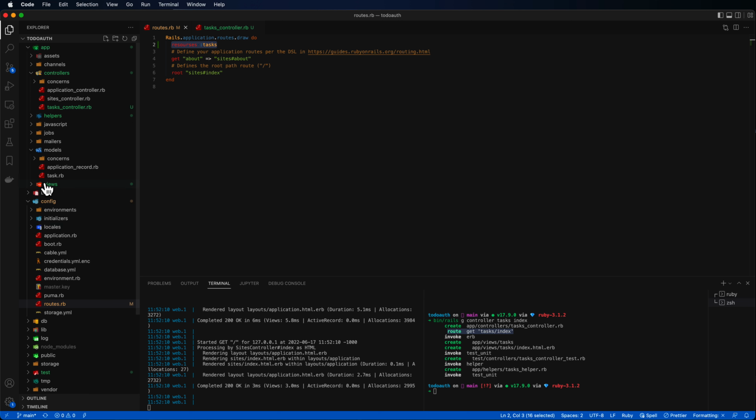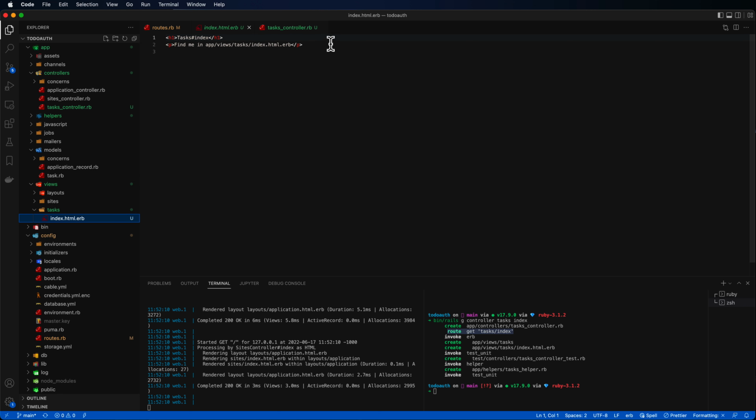And now we can go edit the view here. And in this tasks view, since we already set up this title helper, we can set the title, and we can say tasks. And then what we want to do is say @tasks, that same variable that I set up, each, and we're going to do a little loop for that. So we'll call this a task. So for each task,